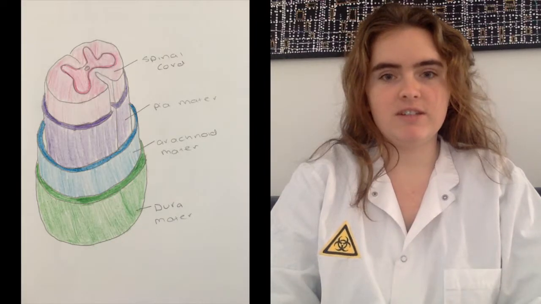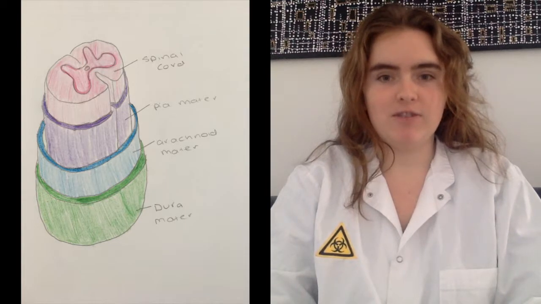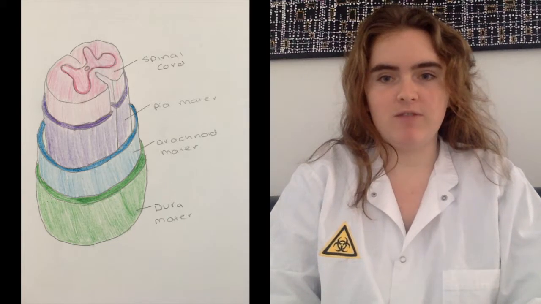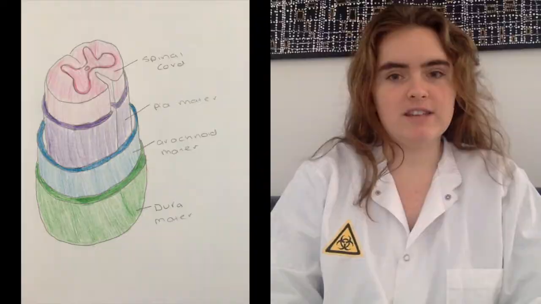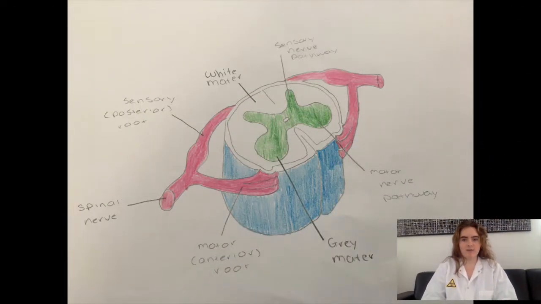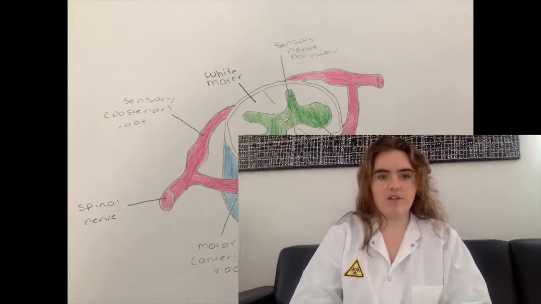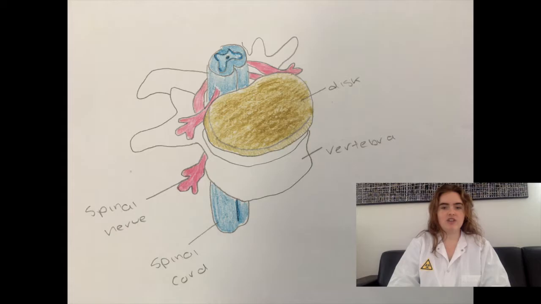The spinal cord is covered with protective layers: dura mater, arachnoid mater, subarachnoid layer containing cerebral spinal fluid, and pia mater. Looking inside the spinal cord, there is white and grey matter, posterior and anterior root, and the spinal nerve. There are 31 spinal nerves that send information to all different parts of the body. Each nerve goes to a specific area or part of the body.